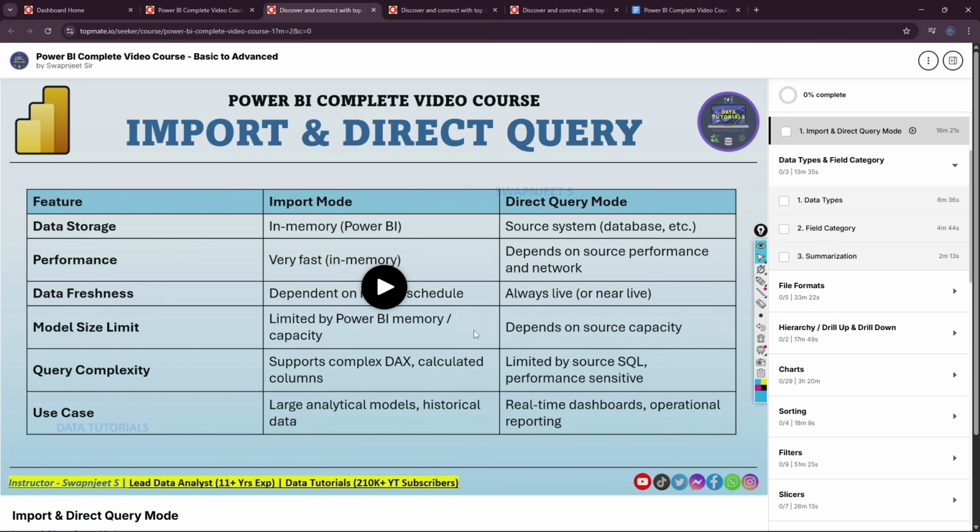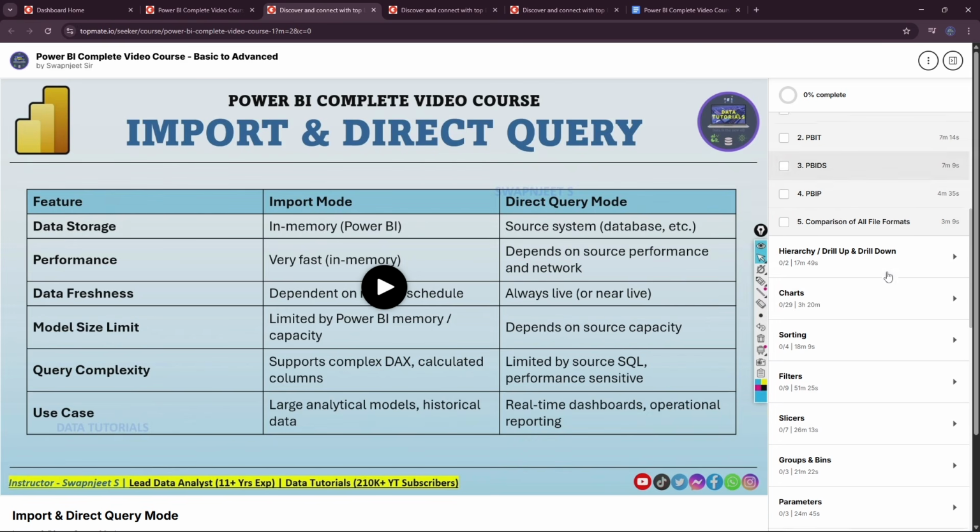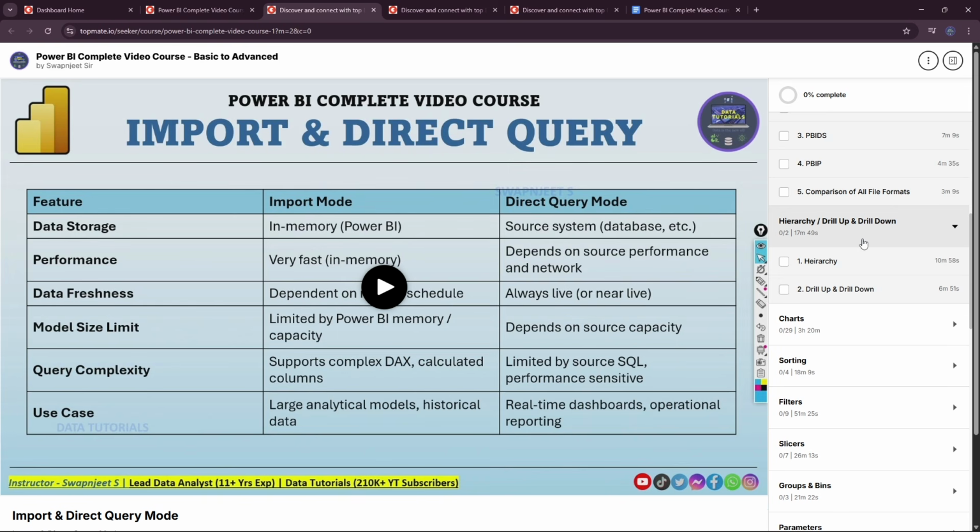How the summarization works in Power BI, and how we can change the aggregations as well, which is normally used in Power BI for different projects. Then what are the different file formats, right? The PBIX, PBIT, PBIDS, all this will also be taught to you. Then what are the different hierarchies, how to create hierarchies, and based on hierarchies, how to use drill up and